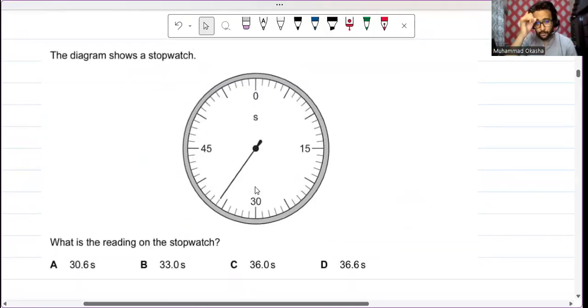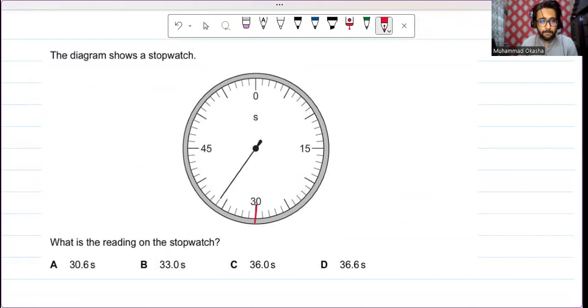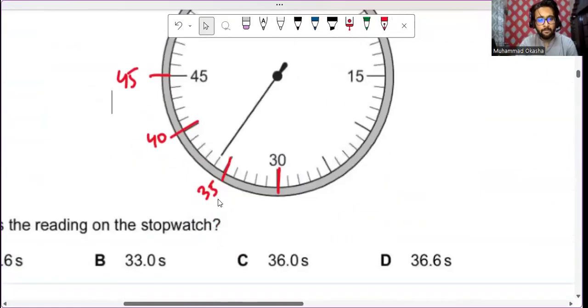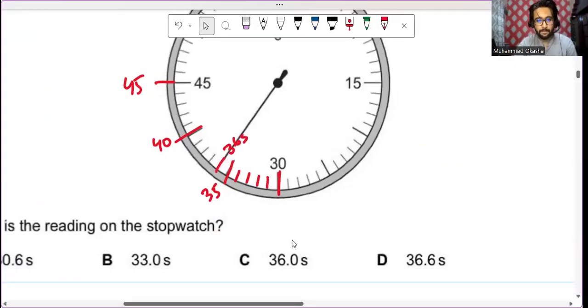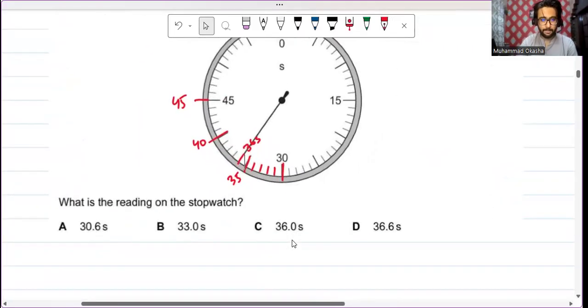Next, what is the reading on the stopwatch? This is the instrument we use to measure time. So this is 30, right? And this is 40, right? Because 30, this is 35, 40, and 45, right? So which means every single unit is 1 second. So 31, 32, 33, 34, and there is 35, and this one should be 36 seconds. So the answer is going to be 36.0